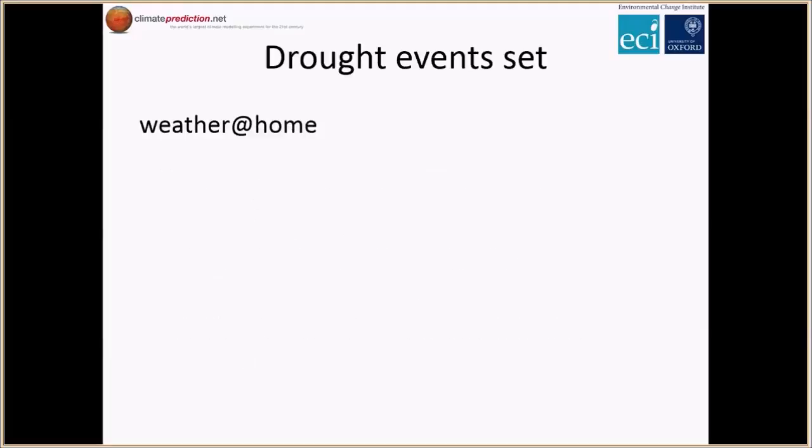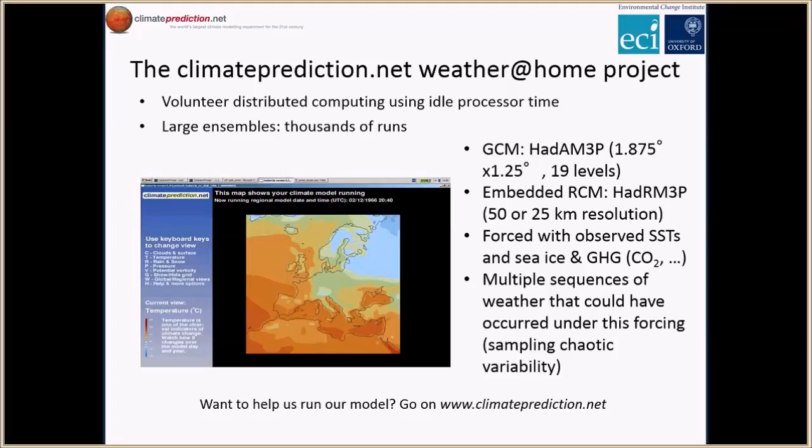The drought event set, on the other hand, is using Weather at Home. Weather at Home is part of the climateprediction.net project. What we're doing within this project is basically using computing time from volunteers around the world to run our climate models, which allows us to run very large ensembles in the order of thousands or tens of thousands of